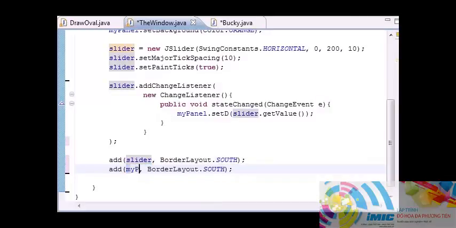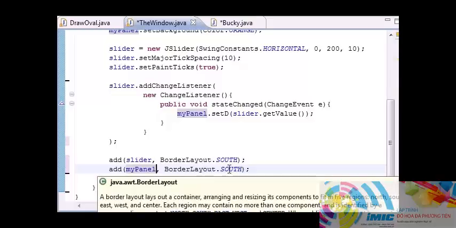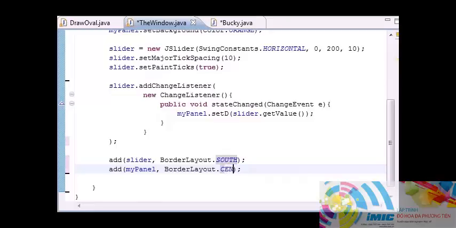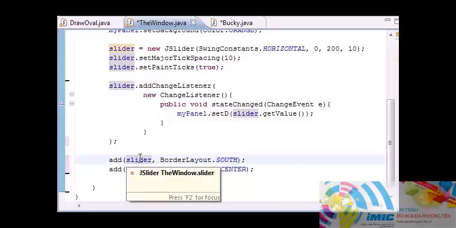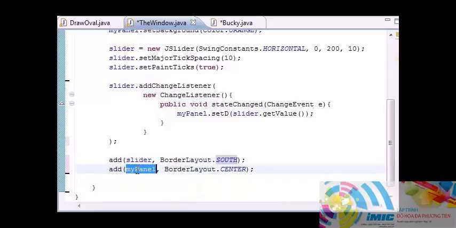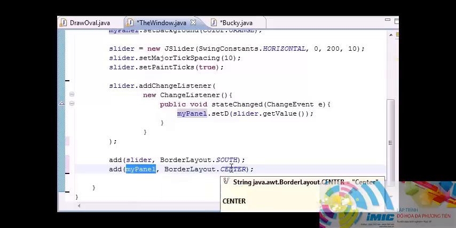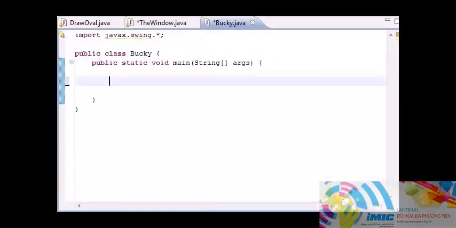Copy paste. So we added the slider. Now we want to add my panel, which is pretty much the background and the circle. So now with those three things, we added everything, and we want this to appear in the center. So now that we added the slider at the bottom, which is south, and the panel, which consists of the circle and the background in the center,